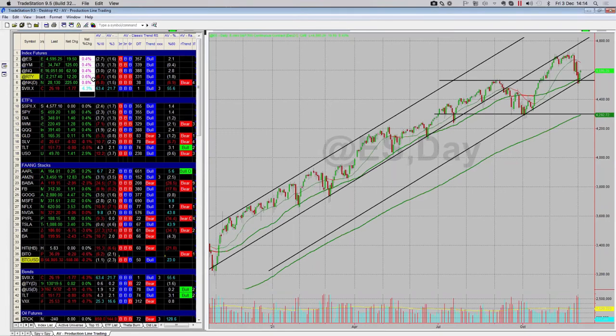But how do I evaluate whether I need to spend a little bit more time and pay a little more attention? It's simply by looking at the overnight futures. Is anything weird going on? Is there a crash coming? Is there a correction coming? Is there anything weird or funky? And that's all I'm checking there. Now, it's one of those things, it's a little bit abstract. There's no rule-based thing here.